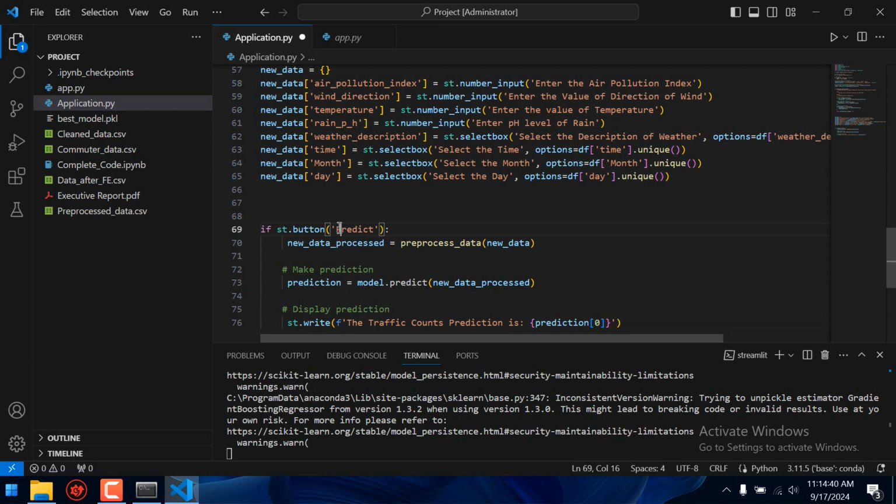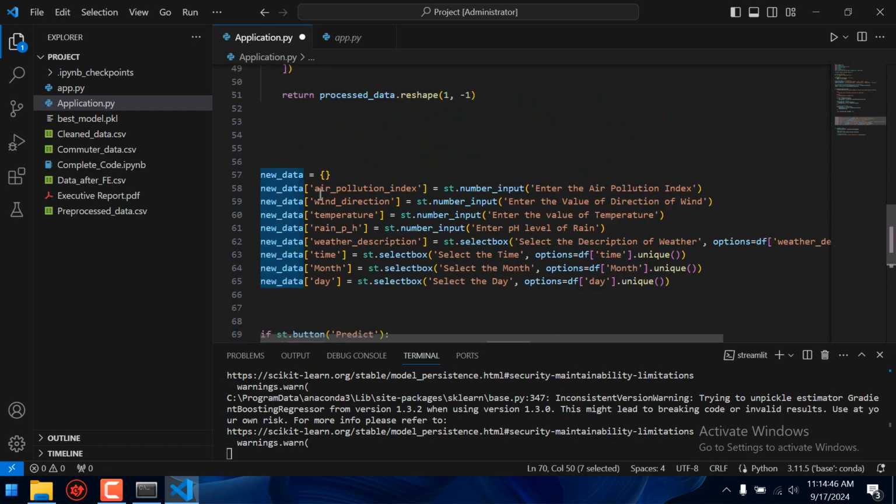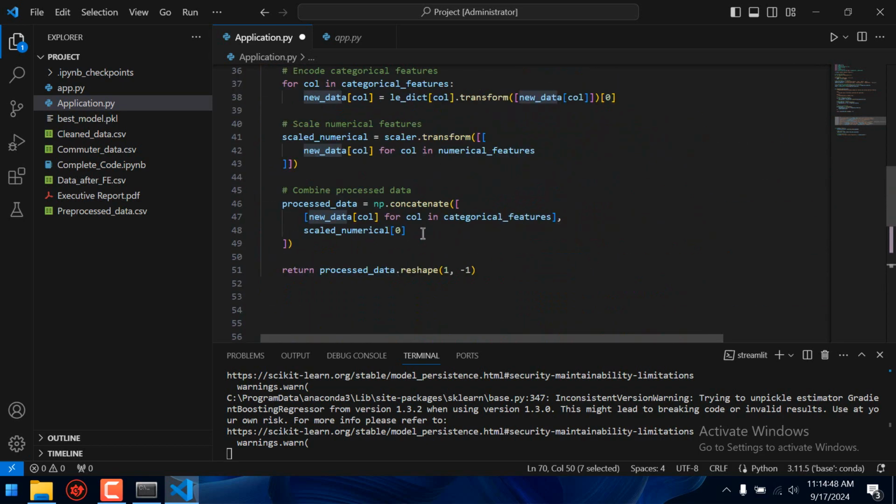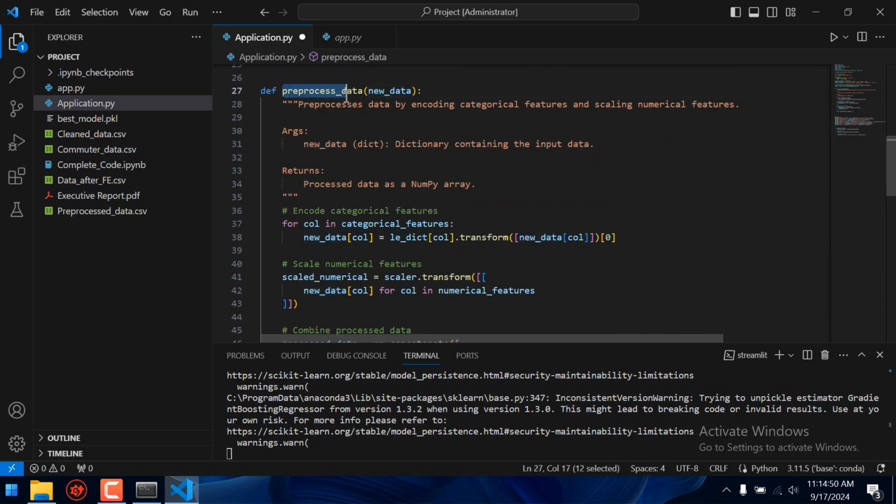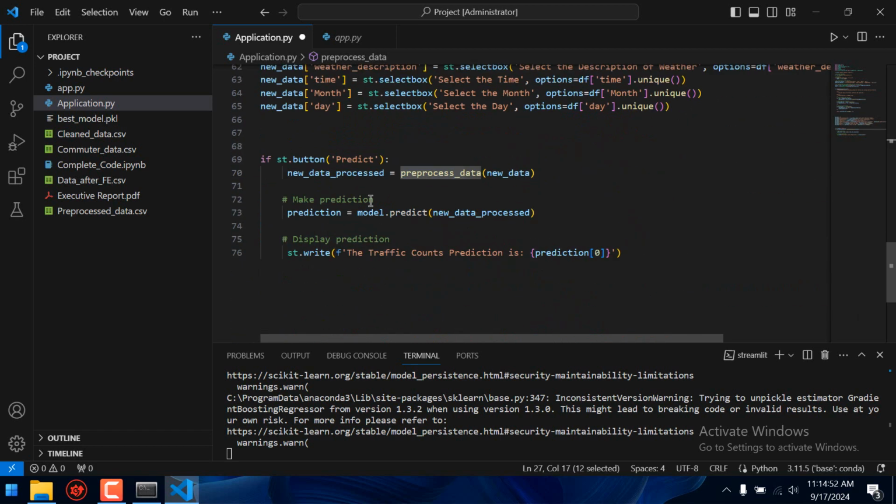If there is a predict button and the user presses it, first we pass the new data to the pre-processing function. We get a value, new data pre, and store it in new data pre-processed. After that, we put this new data pre-processed into the model, and our model will give us a prediction. Now it has been saved. Let's run it.